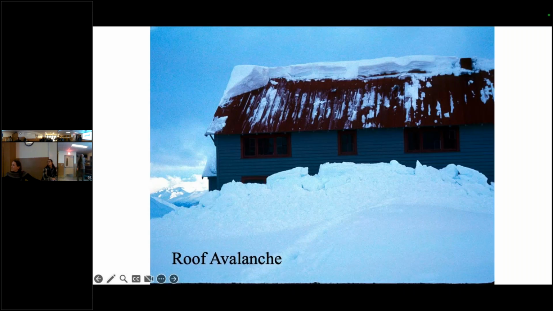Big one for us, tell all your friends, especially the little kids: roof avalanches are very dangerous. Kirsti used to work with somebody at the Portage Visitor Center. They were shoveling snow outside the entrance and the roof shed on them, killed them. Don't put your doors underneath the roof shed. So if anybody's building a house, you can collect roof lines.